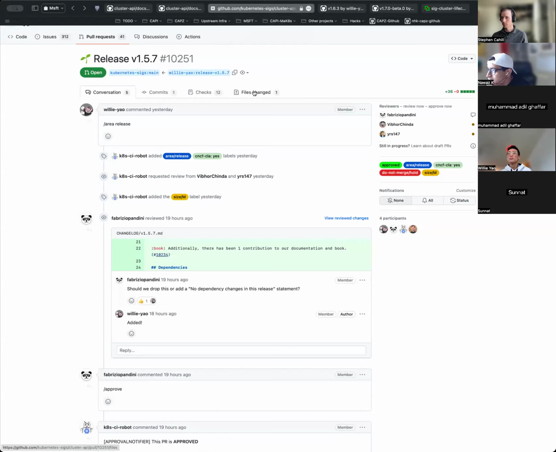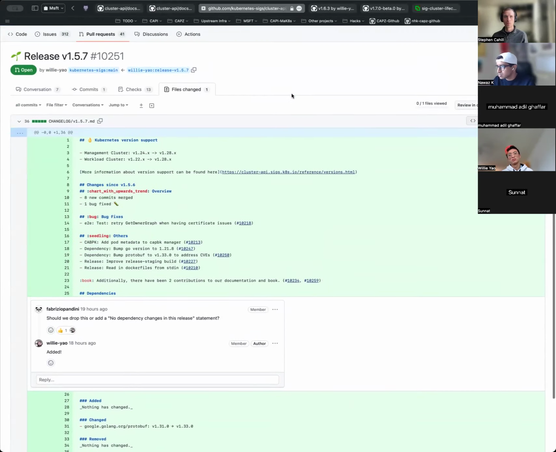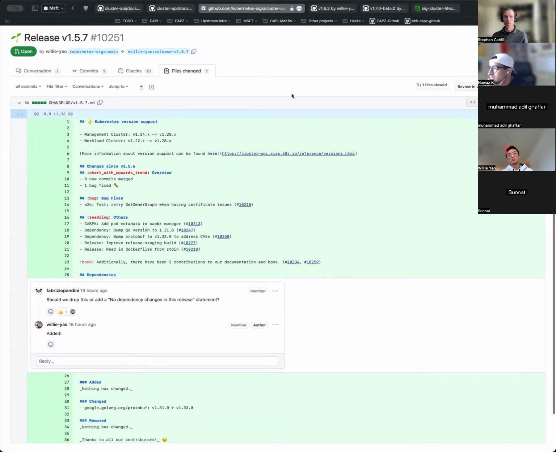Cool. So also, Stephen, please feel free to jump in if I'm jumping over any of the steps or if I'm missing any of it. So the way I understand it, once our CI is green and we have our draft PRs for the release notes, that should pretty much kickstart our release. So let's go over the release